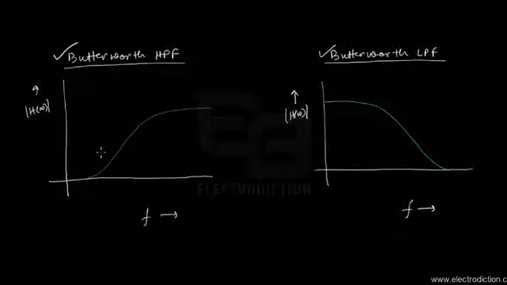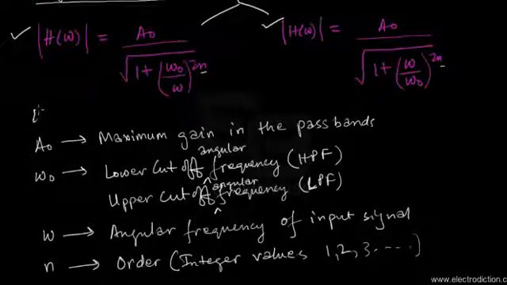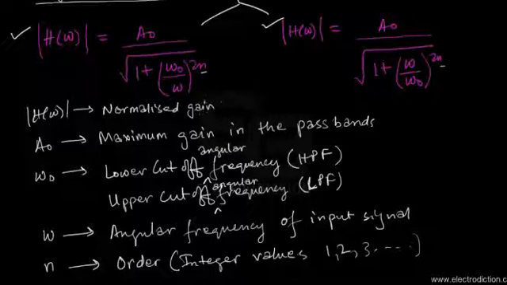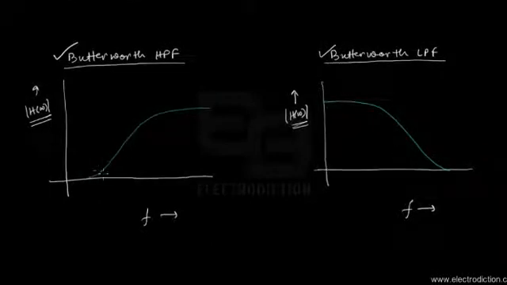Now let me just tell you beforehand that the H of omega actually stands for the gain. The symbol that we've seen over here, H of omega, is actually the normalized gain. So this is the normalized gain of the filters concerned. As we've just plotted the graph between the normalized gain and the frequency for each of the types of Butterworth filters,